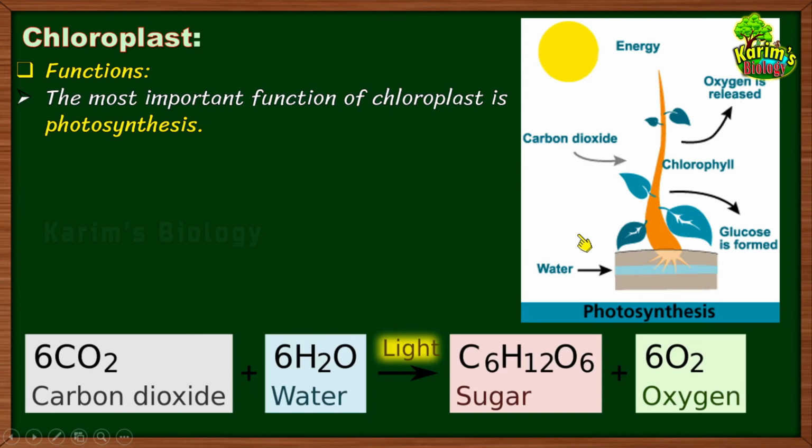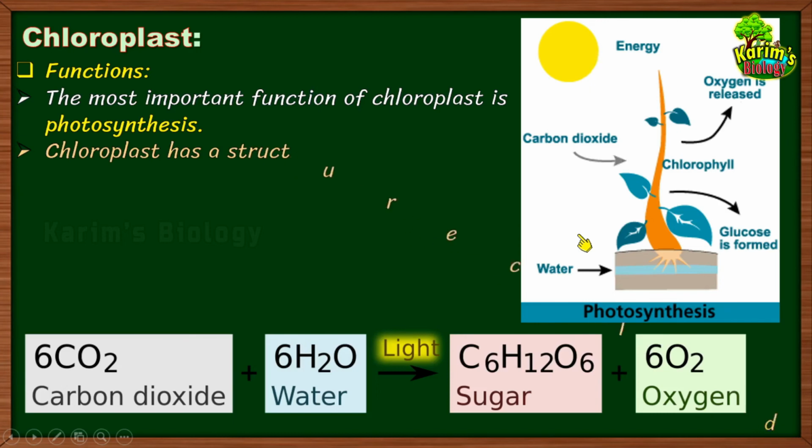This process is called photosynthesis, and you have studied in your previous classes that photosynthesis is the only process which can prepare food. And what are the only type of organisms on this planet which can prepare food on their own by photosynthesis? Plants, right? Plants are able to prepare their own food. Then how are the plants able to prepare their own food? Why not animals? Because it is chloroplast that is responsible for that, and chloroplast is present only in the plant cells. It is absent in the animals. That's why animals cannot prepare their own food. They depend on the plants for their food requirements.